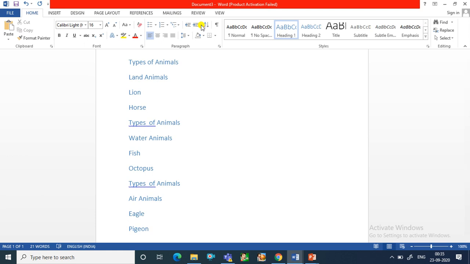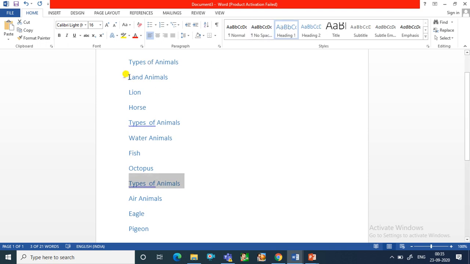Now select the types of animal. Here we have to select the types of animal to heading 1. Okay, select it and give heading 1. Now next one is the land animal, water animal and air animal.